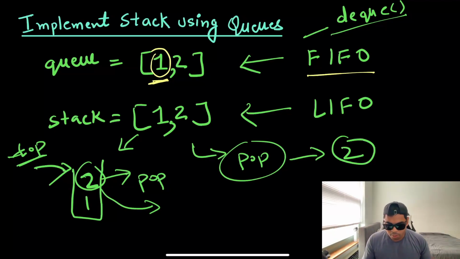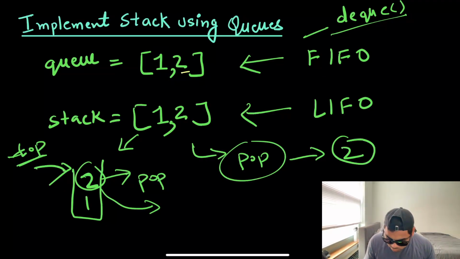So popping something out means I'm getting 1 and not 2, but I want 2, right? I want 2. So what I want to do is, whenever I'm implementing a stack using a queue, there's just a simple thing that I want to do, which is